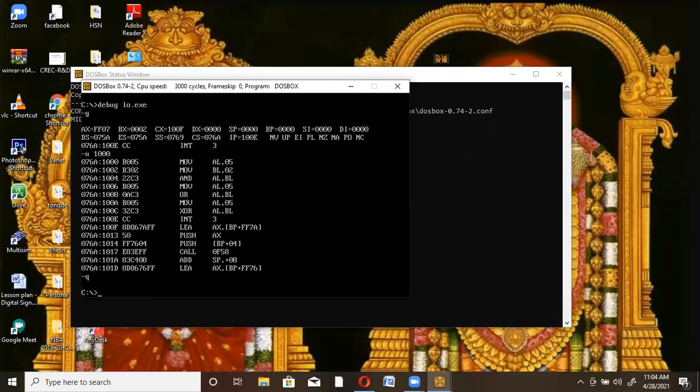Now if you want to close this entire DOS box, then type exit. Otherwise, if you want to go to the next program, type edit, for example, new program, new dot asm. If you type that, it will go to the DOS box. So here we developed a logical operation. So now I'm closing this DOS box.